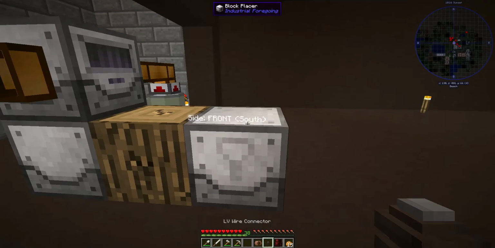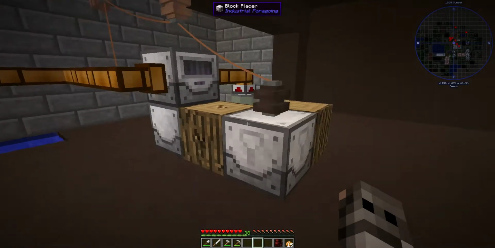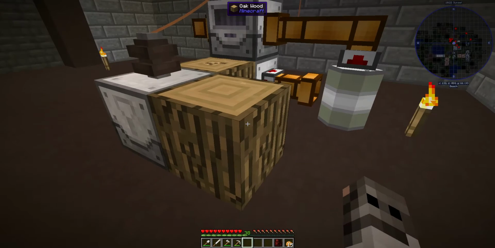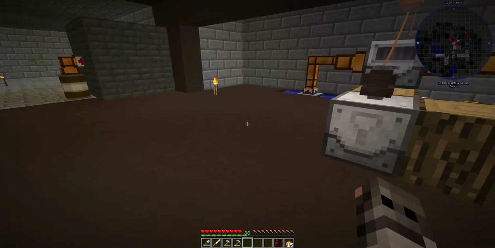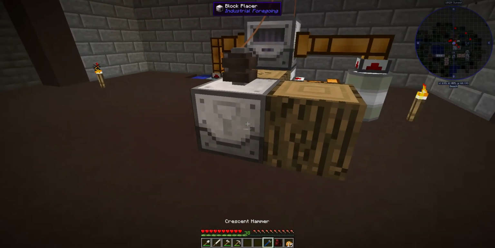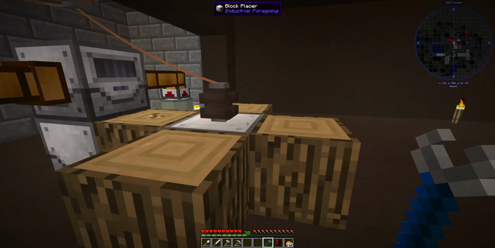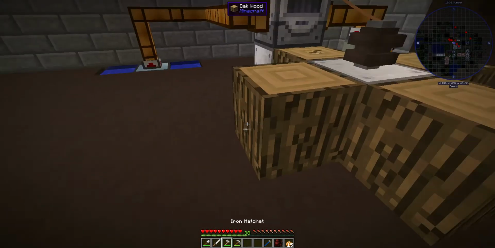Put the connector on. Put the wire from there to there, and it places. But it places it in the wrong spot. So we need the wrench. Flip it one more time. And flip it there, and it should be facing...